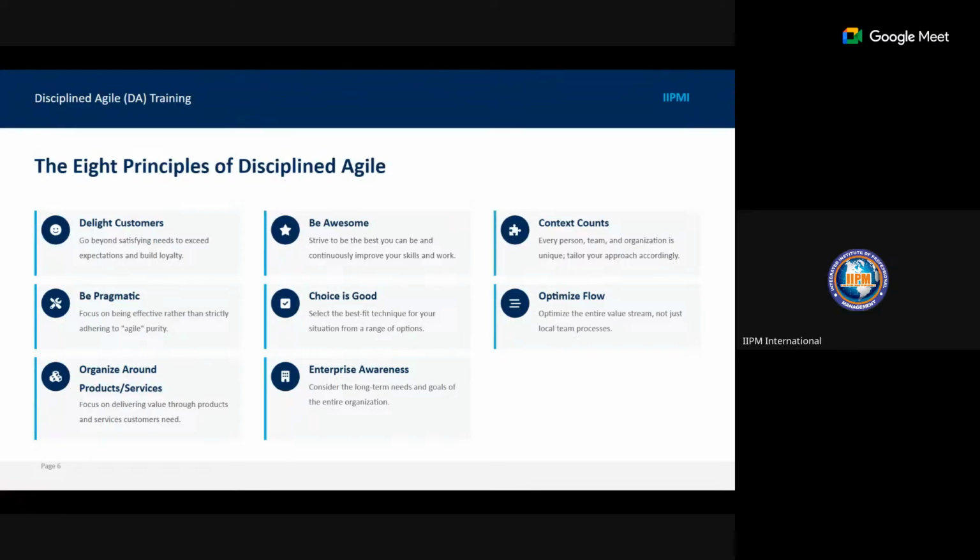Then you have optimize your flow: optimize your processes, optimize the entire value stream, not just the local team processes. If you look at your processes, whether it is business process, administrative process, production process, if you want to optimize, you could find out the key aspects of the things you do and ask the question of how can we do it better?